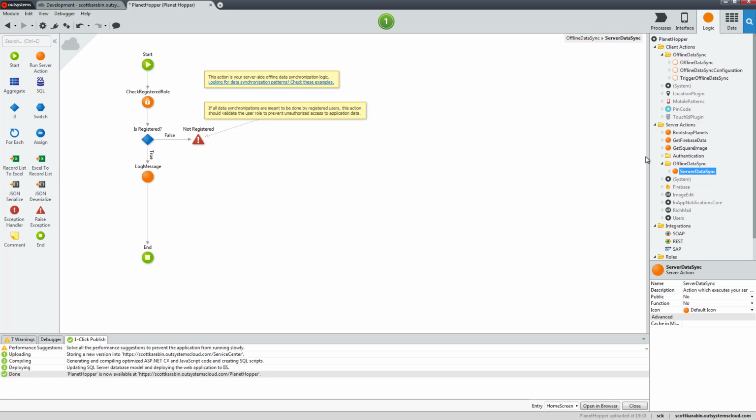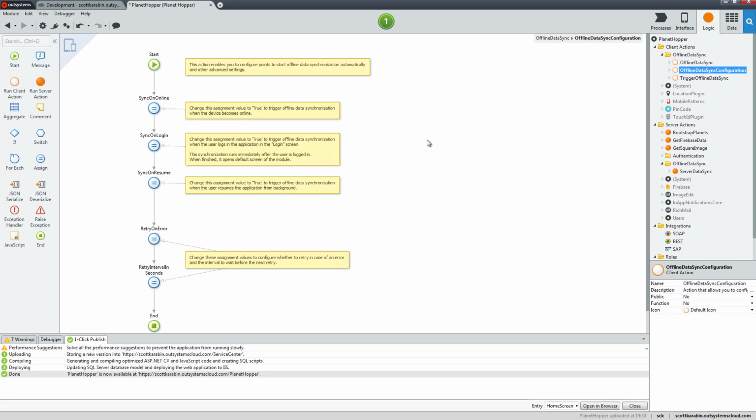So this is the default offline data sync framework, and the only piece we didn't look at is the offline data synchronization configuration. We can always trigger a synchronization whenever we want by calling the trigger, but we can also have it set so that anytime we come online, anytime we log in, or anytime the app resumes,